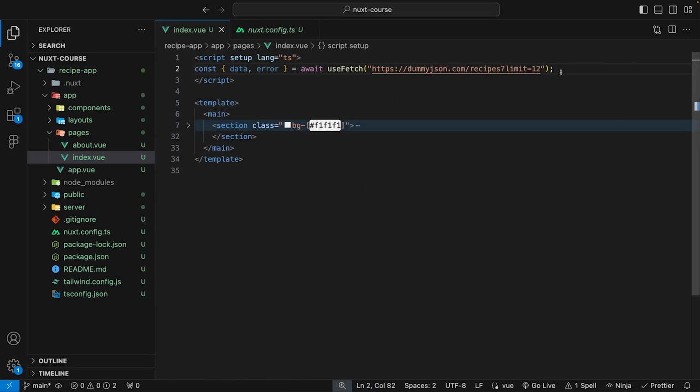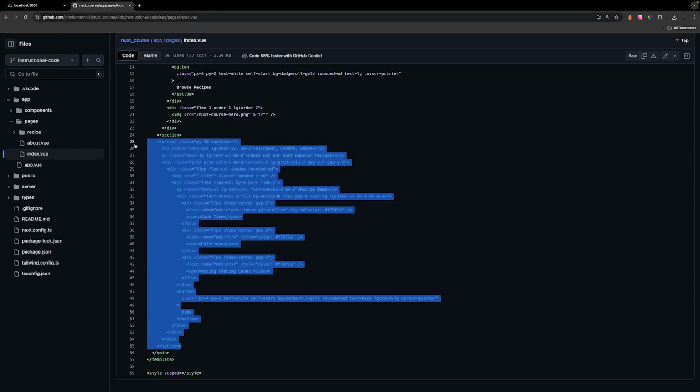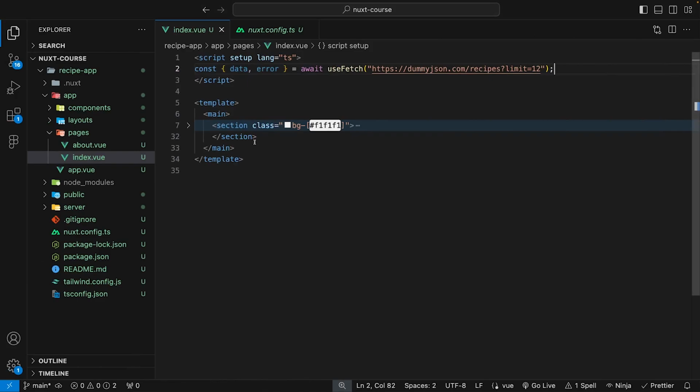So now that we have our recipe data fetch, we'll want to use this data to populate our UI with recipes. So what we're going to do is head over to the GitHub repo, and we're going to go to our index page, and we want to copy this section right here with all the markup for our recipe card. So we can copy this,